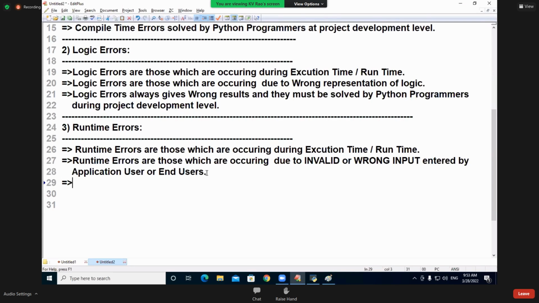So what is the definition of exception handling? Converting technical error messages into user-friendly error messages. That's why we have some keywords and syntax: try, except, raise, finally, else. These keywords directly or indirectly help me convert the technical error messages into user-friendly error messages.